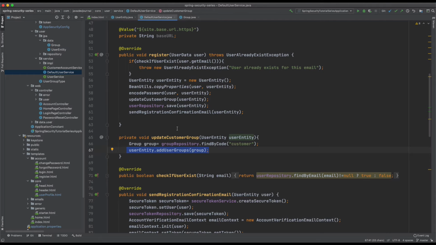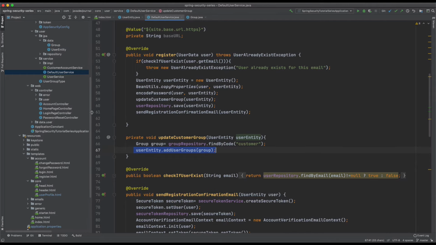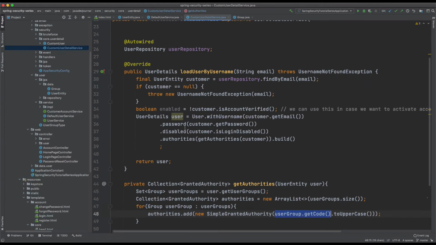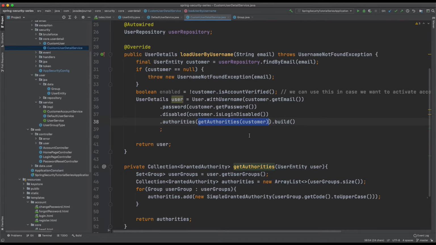Okay, now the second thing is how do we use these groups in order for Spring Security to determine the permissions? What can we do about it? If you remember, we have talked about our custom user detail service, right? This service is responsible for providing the user details to Spring Security so that it can determine whether the user is a valid user and what kind of granted authorities it carries, right? Earlier we had a static field or a static list which we were building here. Now I have changed the logic a little bit.